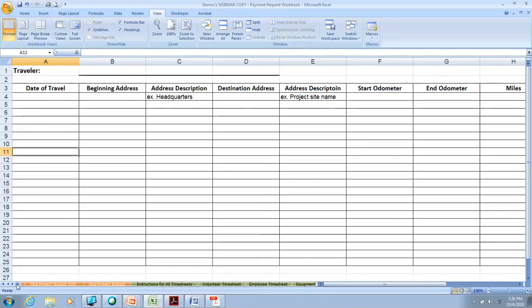It's just an example of a travel log that I put together just to help you if you don't have a better way to do it. This is just something you can use. Just be sure you put the traveler's name in here, and then start out with the date of the travel,